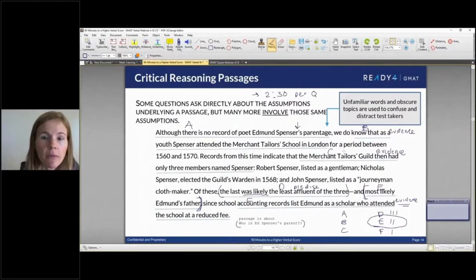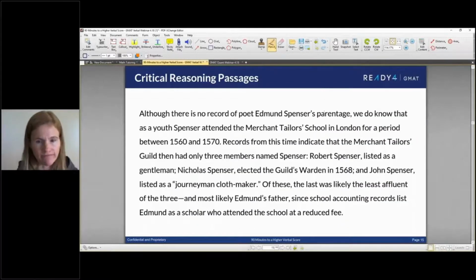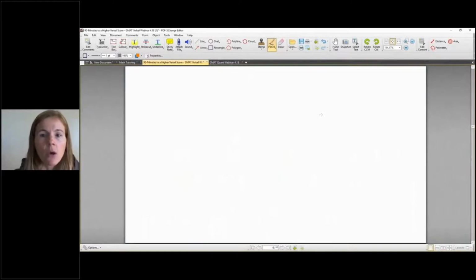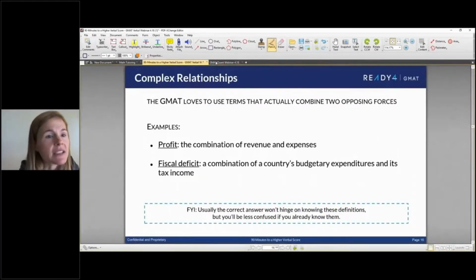Okay, so moving on from there, this is just the same passage, bigger, same thing. We will move on to a little side note here. There are some words that will be used on the GMAT because it's a business exam, particularly they tend to do with finance, that have what I would say is directional meanings. Something where they're combining things that have sort of oppositional meanings, like profit, which is a combination of revenue and